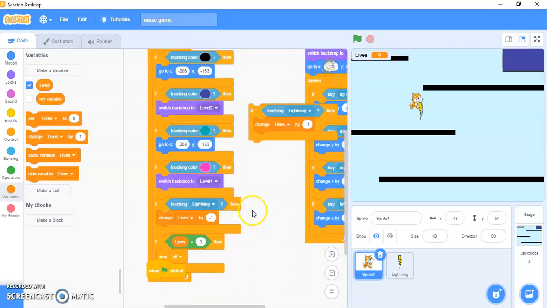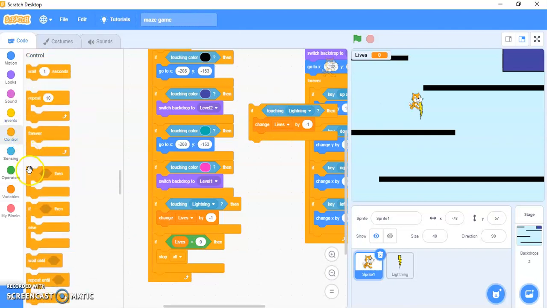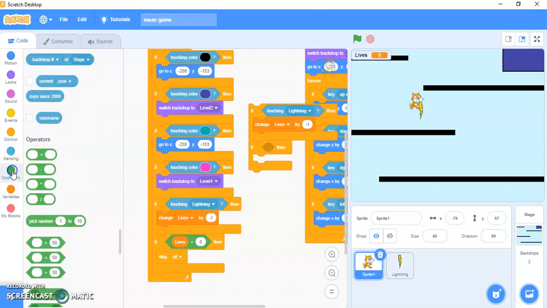Okay, that's it. And one more thing, if the lives become 0, then everything should be stopped, right? So again you will take an if block from control, keep it over here, if lives equals 0, so you have to compare.